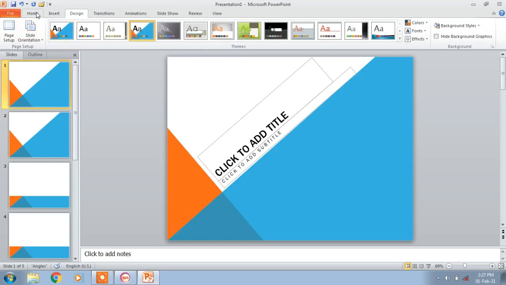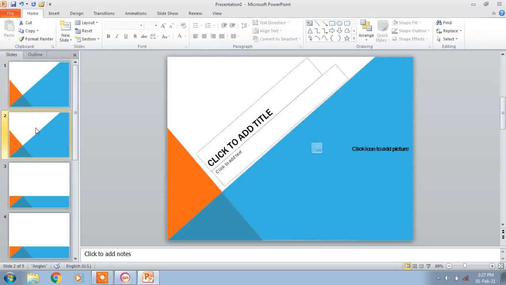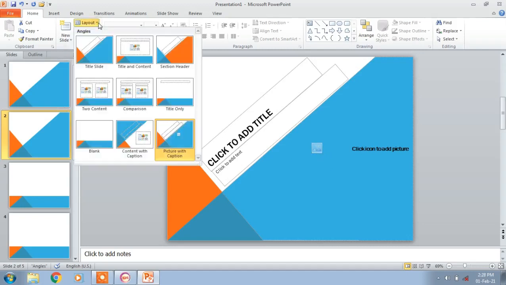Sometimes after inserting a slide, we want to change the layout. See here, now it is a picture with caption, but I don't want that. In that case, you can select that slide, go to the layout option, and see picture with caption is there.